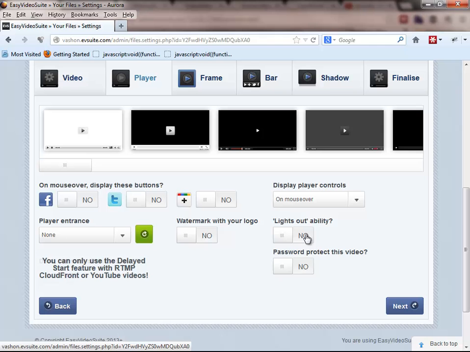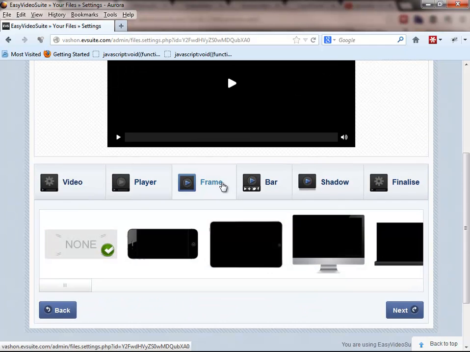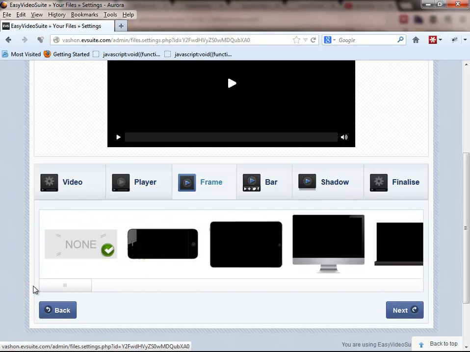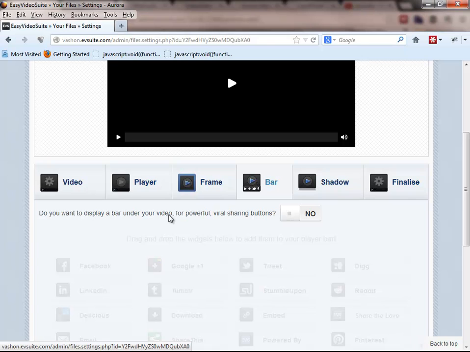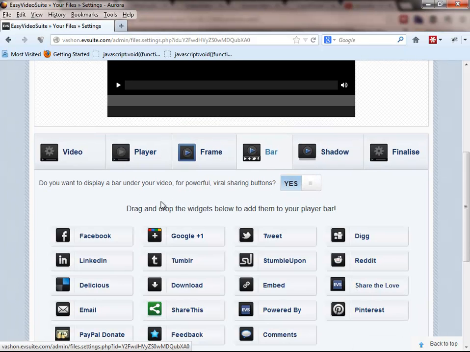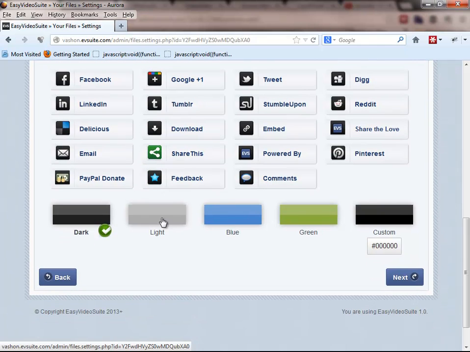Have lights out ability, password protect the video if you want. These are all quite neat. The frame. This is where you can choose a frame to have the video playing through. The bar, you can change the video bar, have a video bar underneath, powerful sharing options. So you can have all of these, you can choose your different bars, dark, light, blue, green, and you can